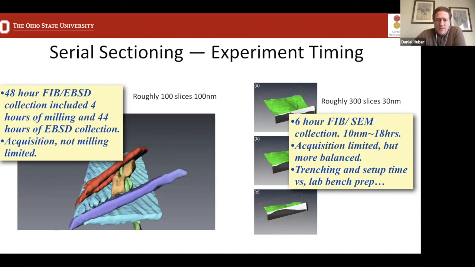tools. So you can see here on the 48-hour data collection, we ran roughly 100 nanometer slices. On our hair sample, we were running around 30 nanometer slices. And it was about a 6-hour data collection just for the imaging. And if we had wanted to collect, say, 10 nanometer slices, we would have used a slightly smaller beam current. So our milling time might have increased from maybe 30 minutes of